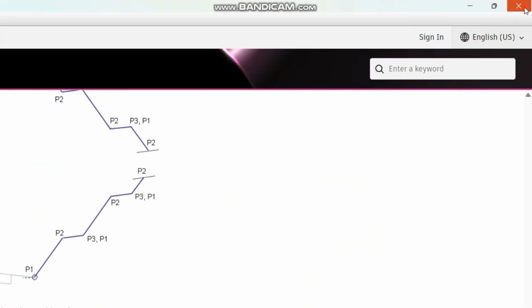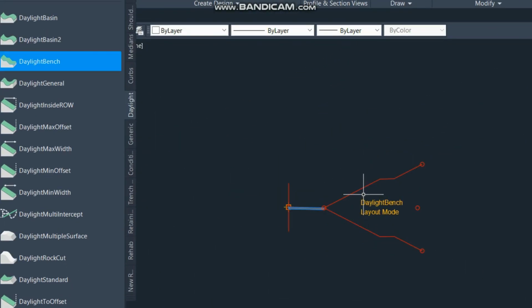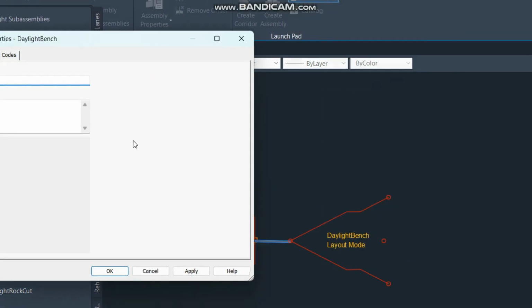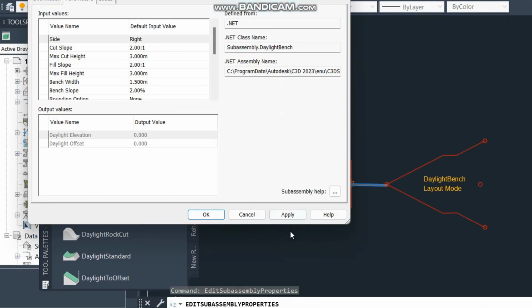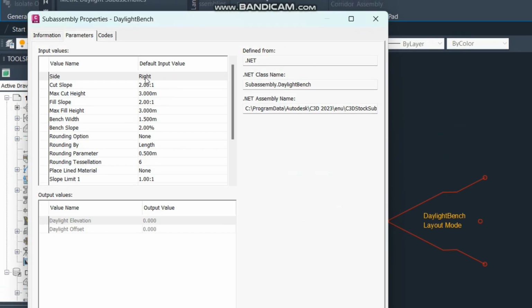And the rounding option, suppose there is a rounding, so you can put here the rounding length, and the rest is the material. These are not important. So when you put 8 meter, from here it will start 8 meter perpendicular height. After 8 meter there will be a bench of width 1.5 meter. Again 8 meter go, and then there will be